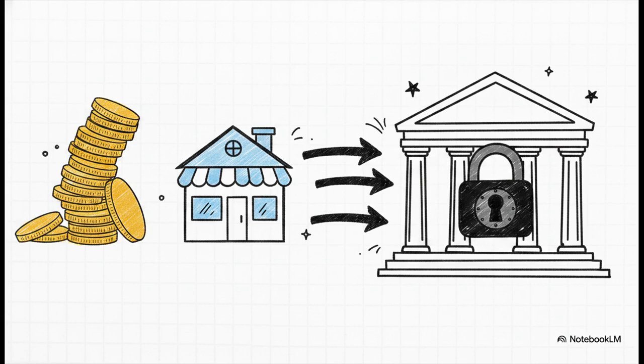The absolute first thing to grasp here is that taxes are definitely not voluntary donations. They are completely mandatory payments made to the state. But you might be wondering, what actually triggers them? Well, this mandatory contribution is demanded from people based on a few things, like the income you've earned, property you own, or certain economic activities you're carrying out. Basically, if you earn, if you own, or if you do business, this mandatory contribution kicks in.